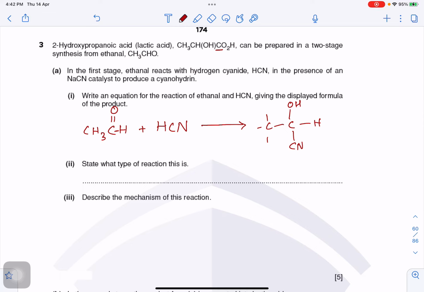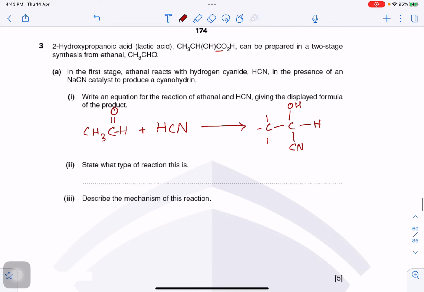So what type of reaction is this? When they ask you about type, they're basically asking whether it is addition, and when they ask you about mechanism, they are asking you to tell nucleophilic addition or electrophilic addition or substitution or what it is. So this is nucleophilic addition. Why nucleophilic? Because this is attacking the carbon first and the nucleophile CN is responsible for doing that. Why is it addition? Because there's a double bond that's going to be broken. So yeah, this is nucleophilic addition.